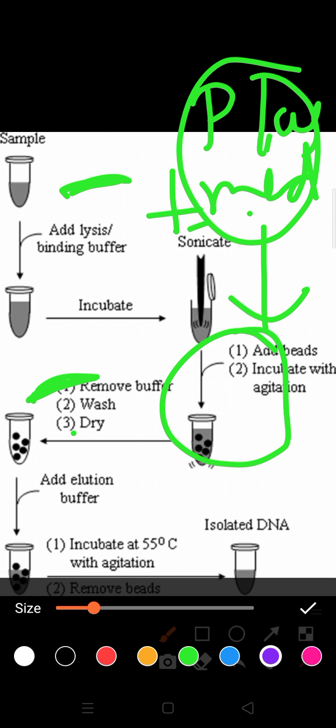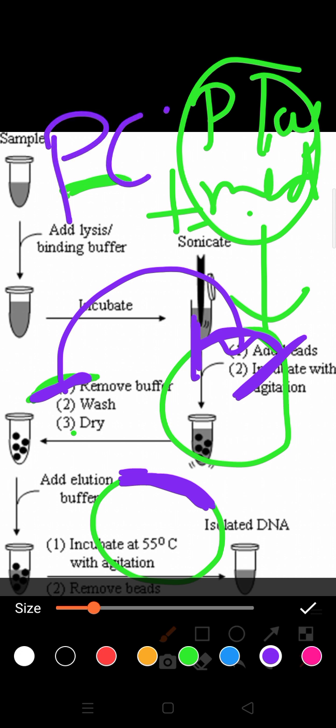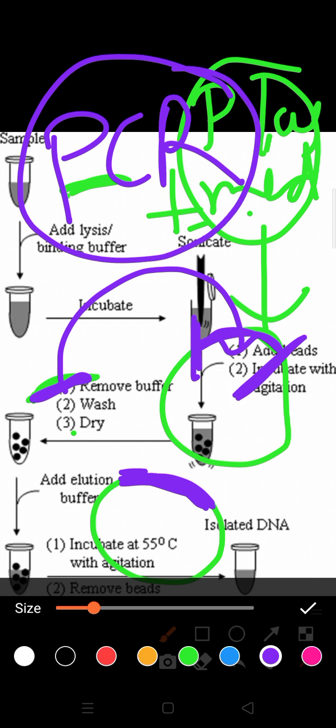What you do now, with the help of restriction endonuclease, you again cut the plasmid and put the gene of interest in it. With the help of ligase enzyme, you now have a plasmid with the gene of interest. You want to make its multiple copies. So how do you make multiple copies? With the help of the amplification process, using PCR. This PCR and its functioning we will discuss in our next video.